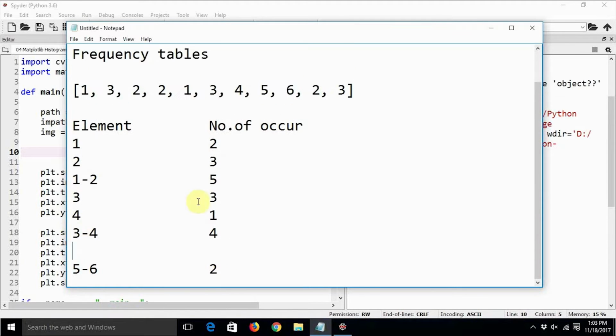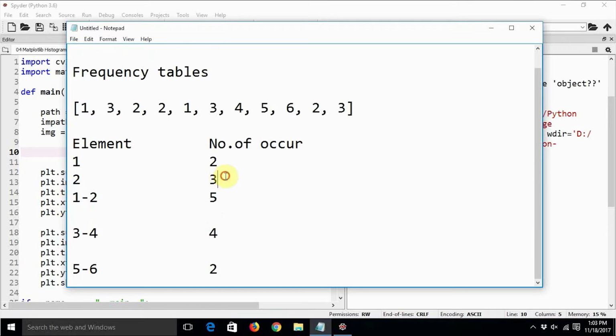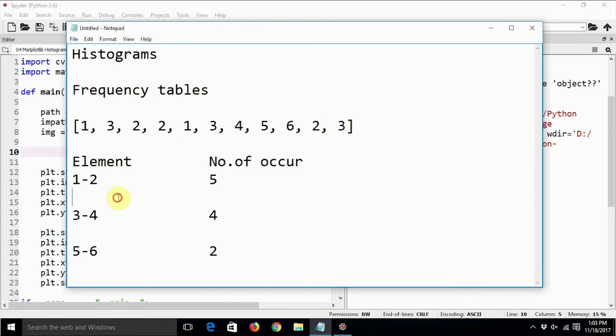Now finally, we are going to create a cumulative frequency table. This cumulative frequency table can also be represented visually by means of a histogram. On the x-axis I am going to have 3 points. The first point will be the range 1-2, the second will be the range 3-4, and the third will be 5-6. On the y-axis I am going to have a scale corresponding to the number of occurrences, and when I mark it on that graph, I am going to get the cumulative histogram.